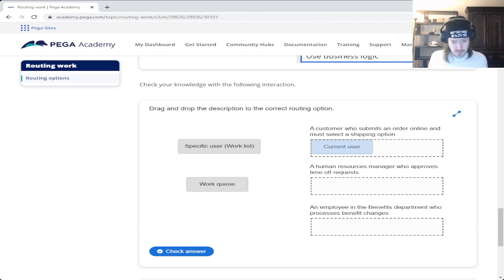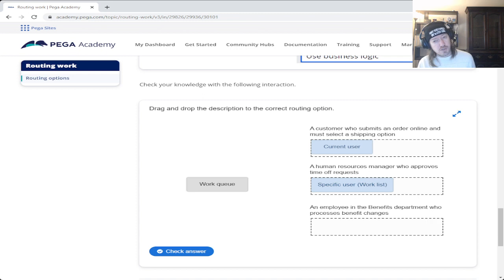A human resources manager who approves time off requests. This seems like more of a specific user than anything else. Even though there might be multiple resource managers out there, especially if you have multiple different buildings.